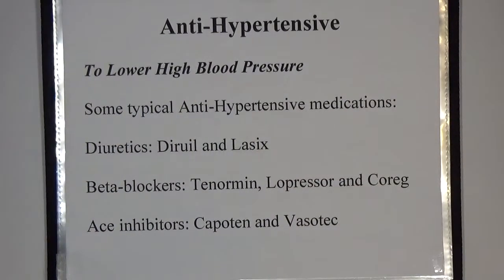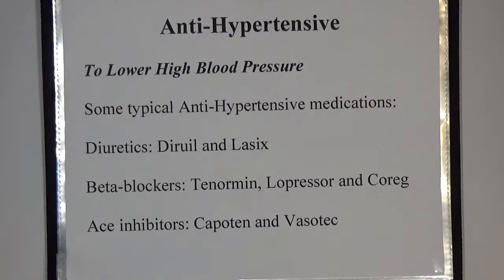Antihypertensive to lower high blood pressure. Antihypertensive drugs are a class of drugs that are used to treat hypertension or high blood pressure. There are several classes of antihypertensive medications: diuretics, beta blockers, and ACE inhibitors, which by varying means act to lower the blood pressure. A reduction of high blood pressure by 5 to 6 millimeters mercury can decrease the risk of